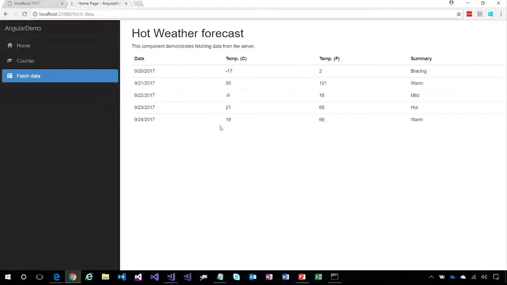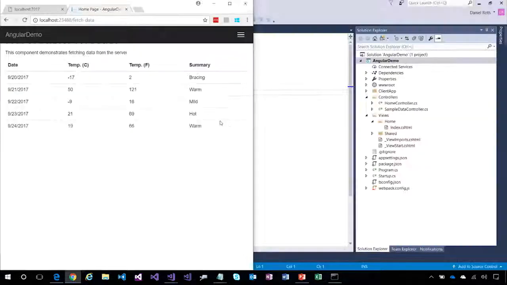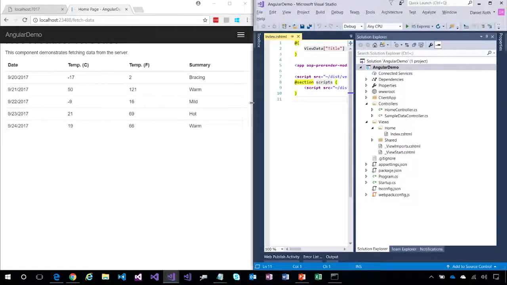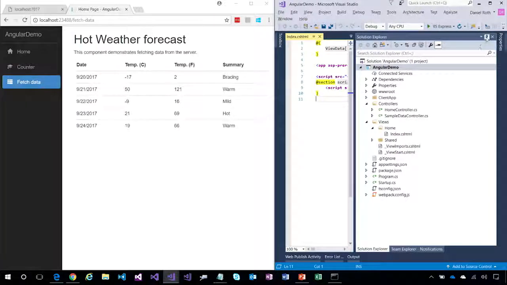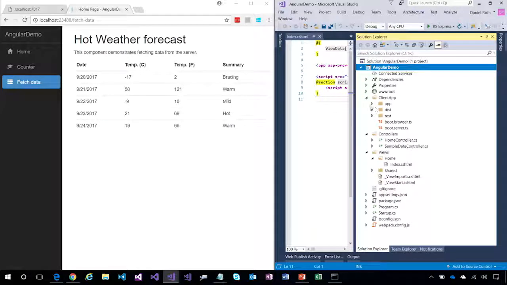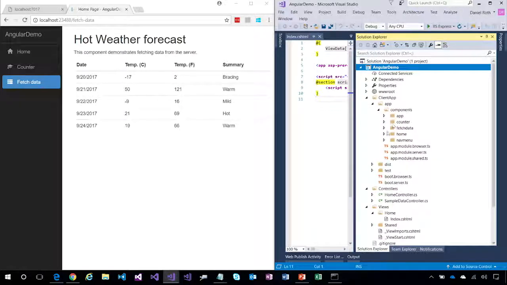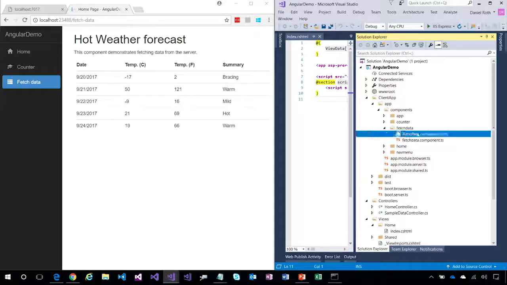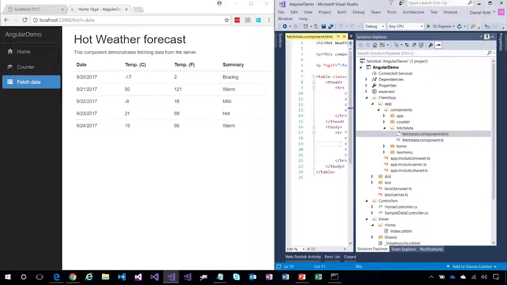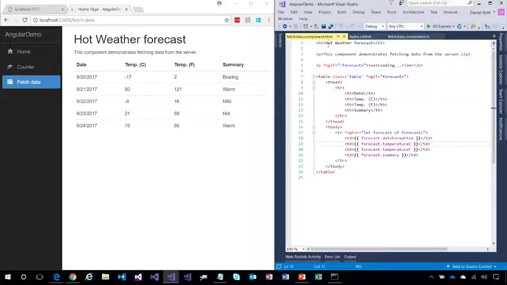So now let's say I want to change something on one of these pages. Let me put this side by side with my Visual Studio project. All right, great. Let's go to one of the components. All the Angular stuff is in this client app folder. Let's go to this weather forecast component, so let's go to fetch data, and let's go into the HTML. All right, cool. And we'll hide the Solution Explorer so we have a little more space. It currently says weather forecast. Let's put really hot weather forecast, and I'm just going to save this HTML file, and you see that